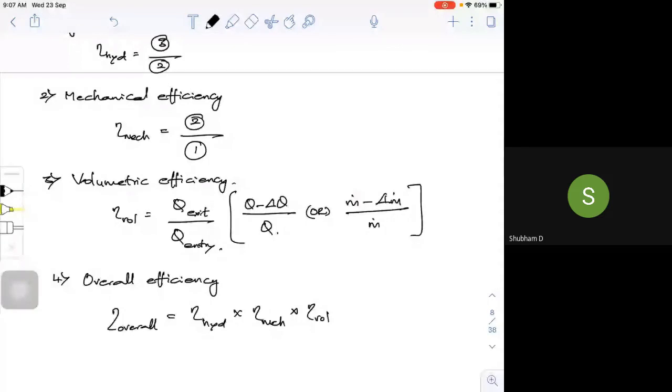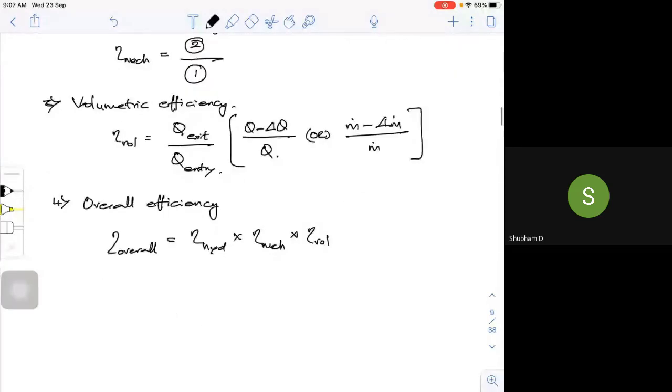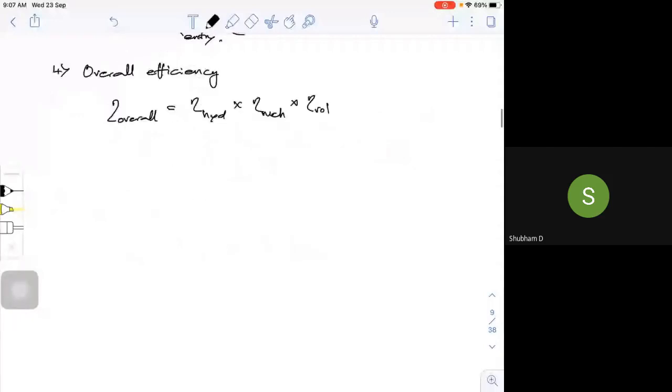Fine. Now we have looked into the first law of thermodynamics as well as the second law of thermodynamics applied to turbo machines, one for an ideal case and another for your actual case. Now once we have seen the first law and second law, we try to analyze this based on what is called a non-dimensional analysis of turbo machines. We call that the model studies of turbo machines.